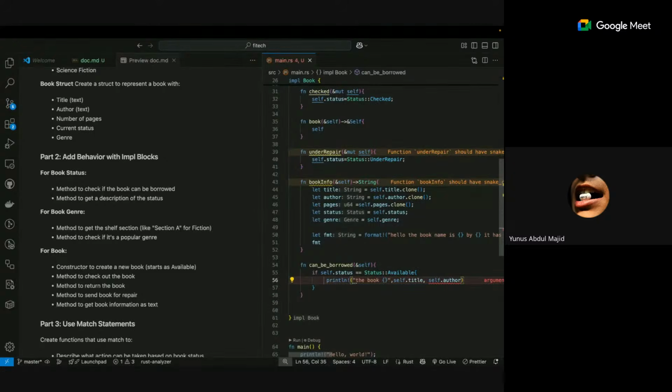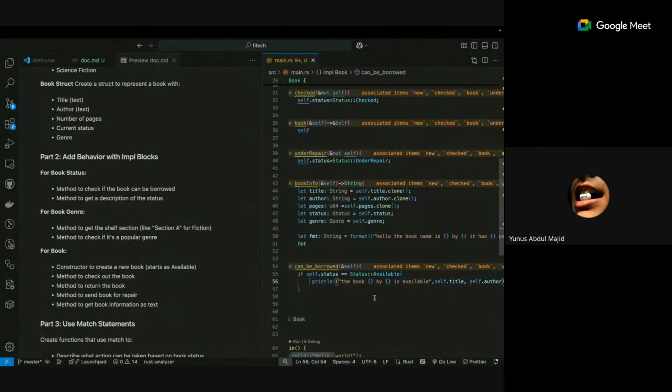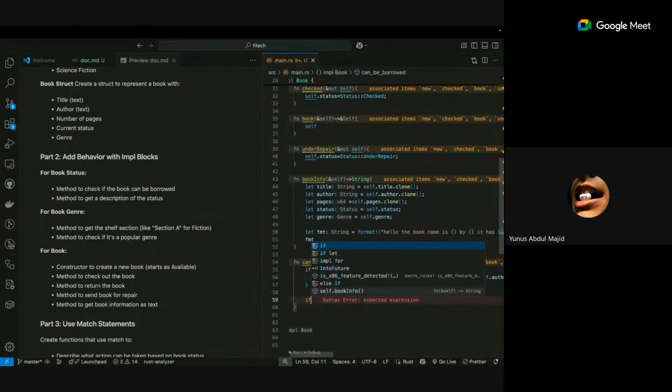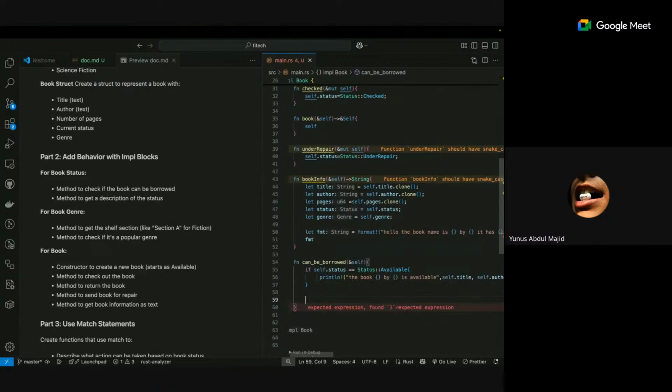So the book title by author is available. And if it's not available, else if, then